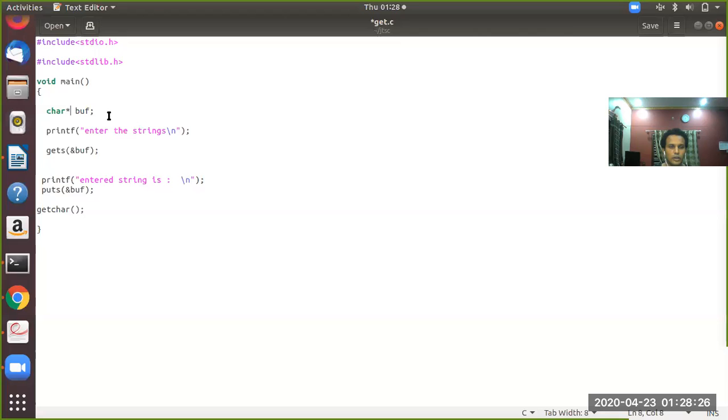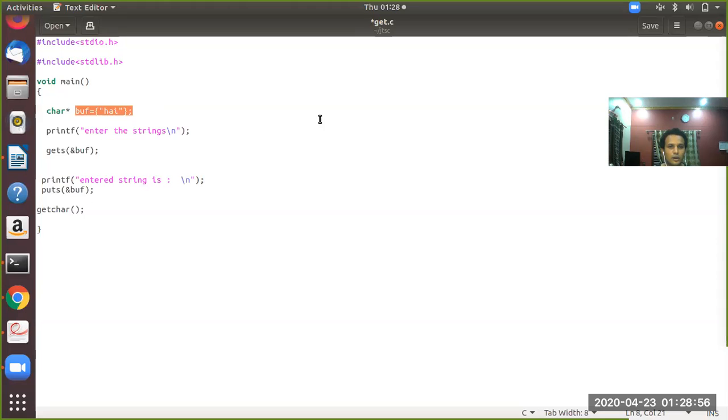Now, when you simply declare like this, it is not given any value. It is uninitialized. Hope you're understanding. In case I have written it like this, then buff is said to be initialized with a string hi.